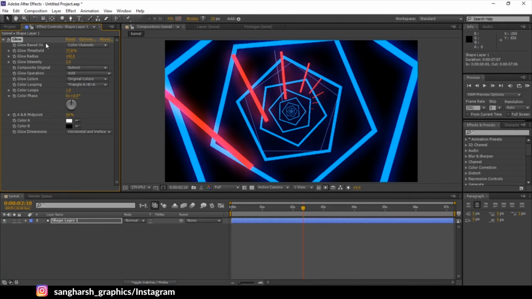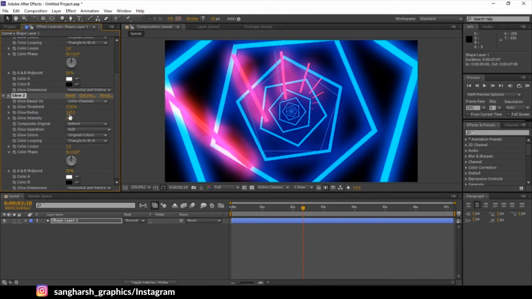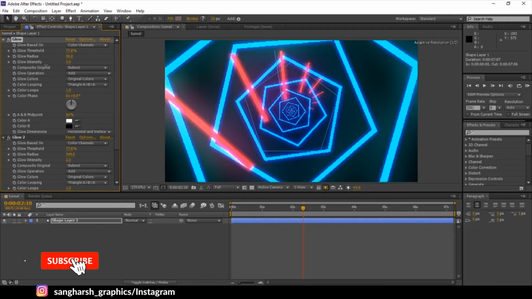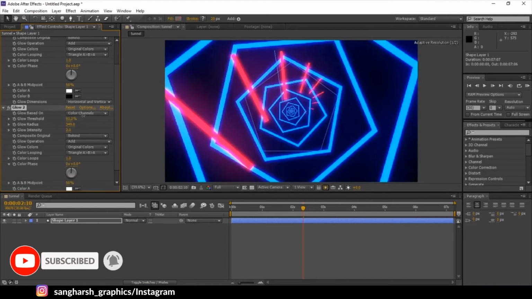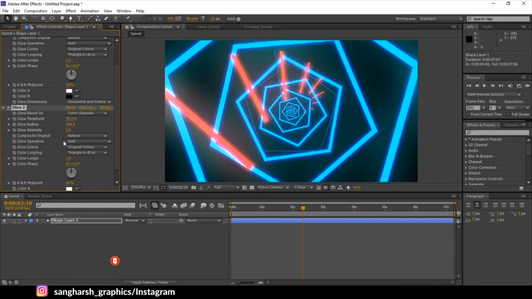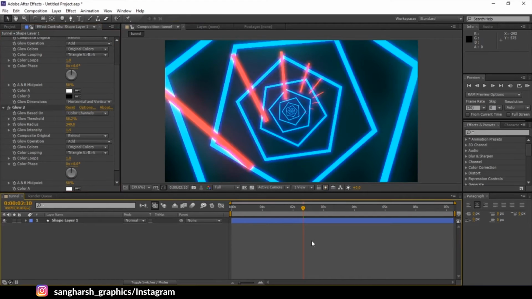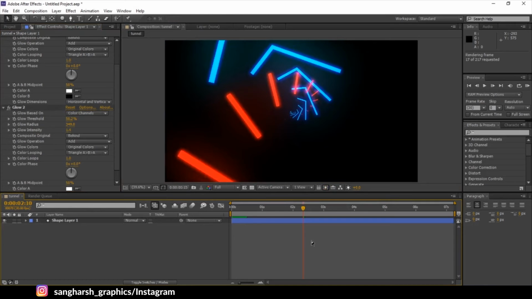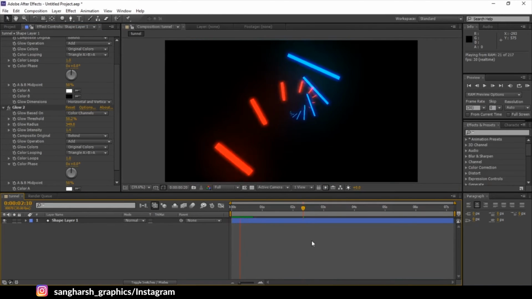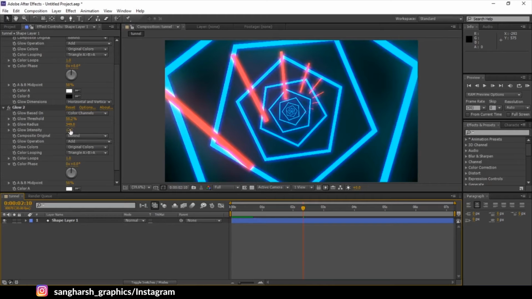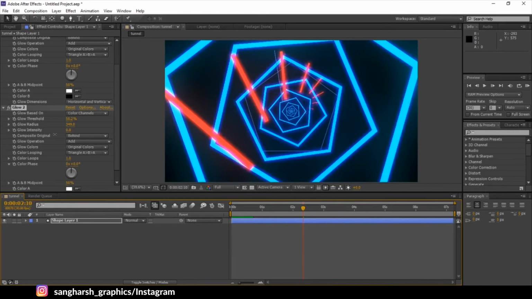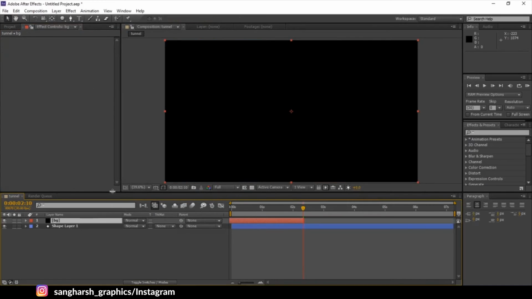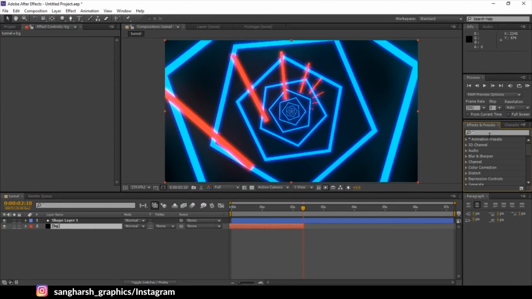Fine. Let's press Ctrl D to duplicate it. First increase the radius to something like this. Let's decrease the threshold here. Also decrease the intensity. Let's have a look. Now we have something like a retro look, neon type, like this. Okay, let's add a background here. Before that, it's appearing too bright now. 0.8 is good.